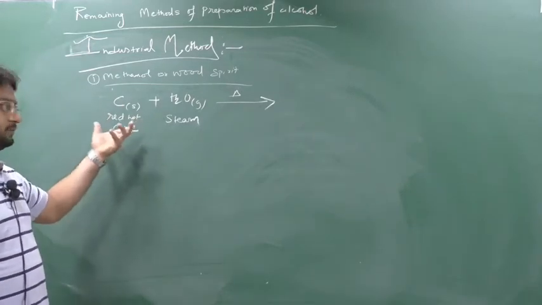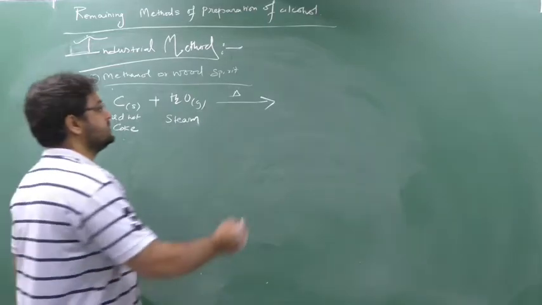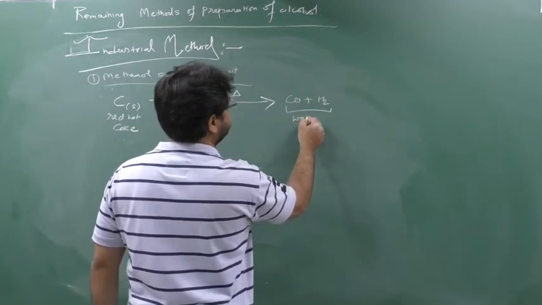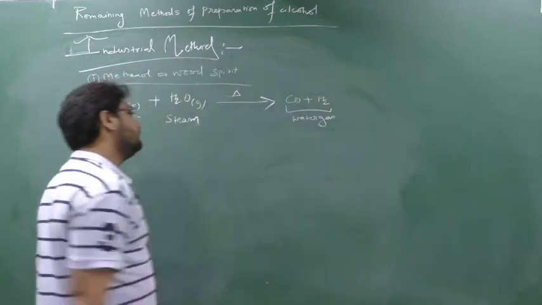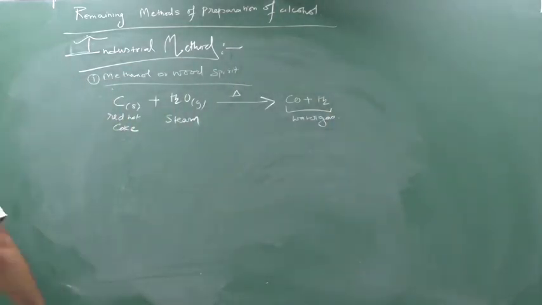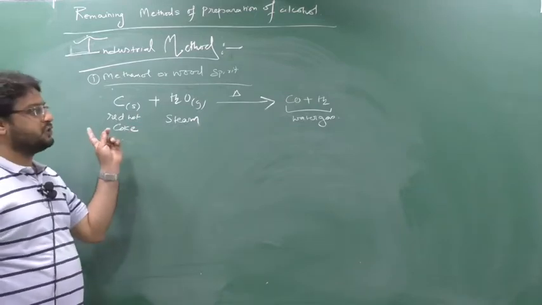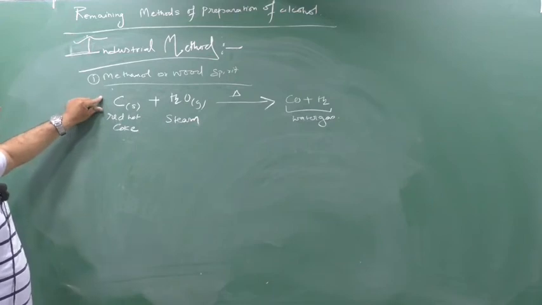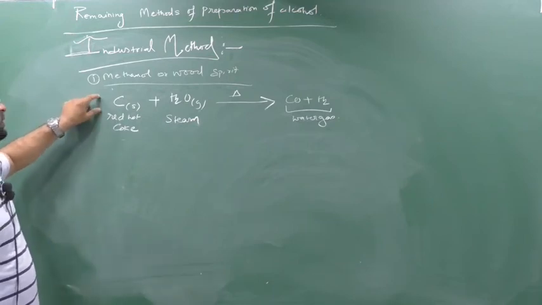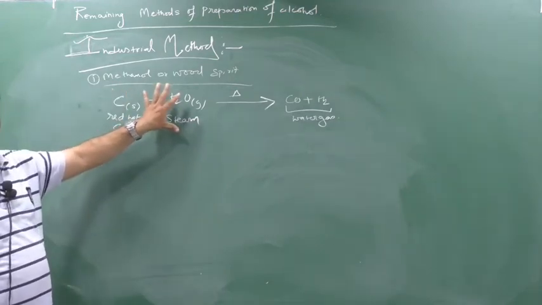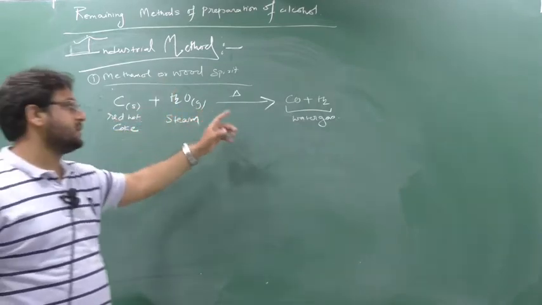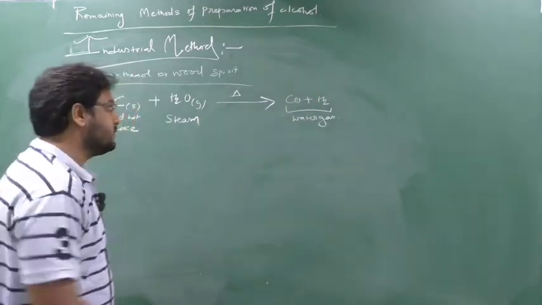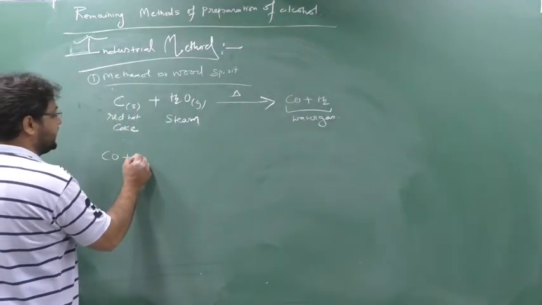You remember this reaction, group number 14, chemical properties of carbon. It will form CO plus H2. Together we call these water gas. One more, CO plus N2, was producer gas. I hope you remembered that. So we take this highly red hot carbon and react it with steam at a very high temperature, nearly 573 Kelvin. It will form CO plus H2, this water gas. Now this water gas is further heated.